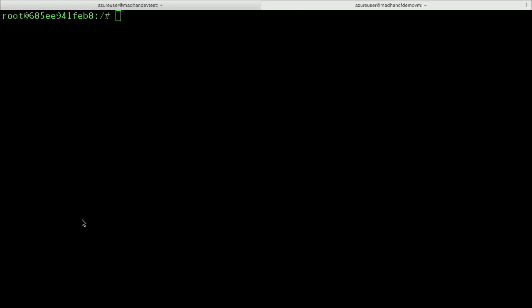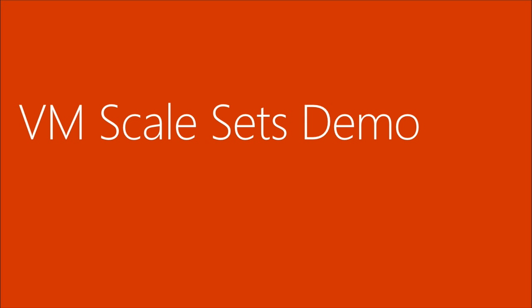So real easy, and that's where we have the power of VM scale sets. If you can go back to the slides. You can see if you're building a platform as a service that is going to use VMs as a bank of resources, and you're scaling in and scaling out through programmatic triggers, you want this kind of capability, right? So what we are doing in Azure is providing this base level infrastructure to you as a customer. Regardless of whether you're using Windows, Linux, our platform as a service, third-party platform as a service, or maybe you are developing your own, you could use the same power and infrastructure to take advantage of elastic scaling.